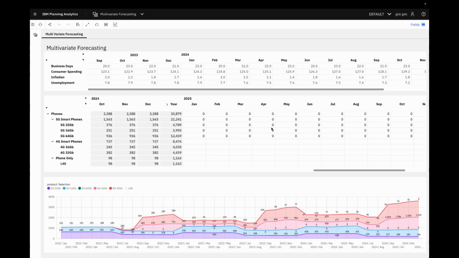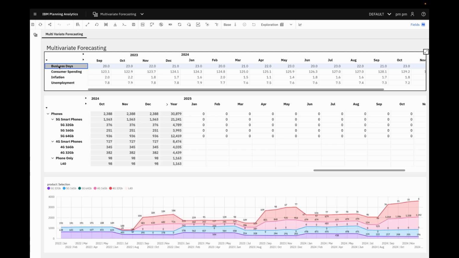So in this case here, I've got a couple of different factors that may influence our prediction. So here I've got how many business days there are in the month. I've got consumer spending, or how much disposable income do our customers have. This is at an all-time low in Australia at the moment with the cost of living crisis, although it is improving with lower interest rates and so forth. We can bring in inflation rates. I can bring in unemployment figures. I can bring in population growth, demographics, weather data, precipitation, temperature, commodity prices, different factors that may influence your predictions